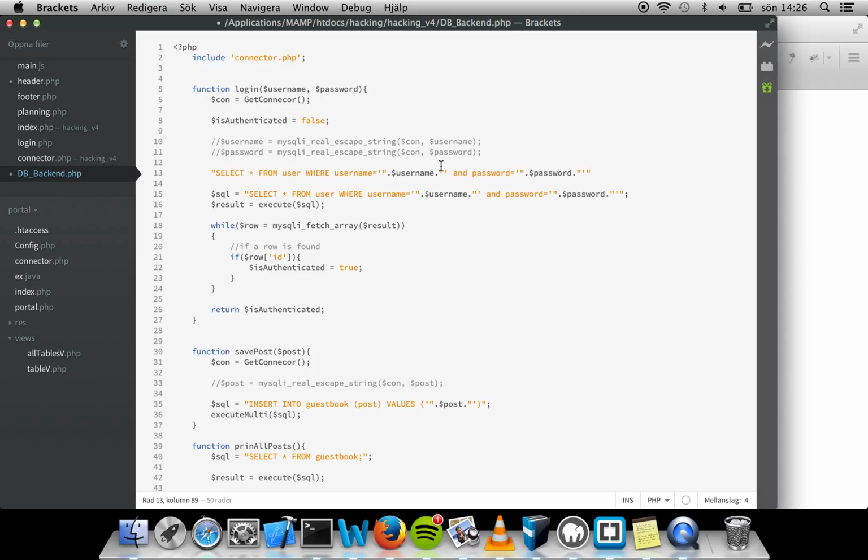So I'm going to take the username out, and I'm going to take the password out as well. What I want to do is insert something that looks like this. First off, I want to terminate